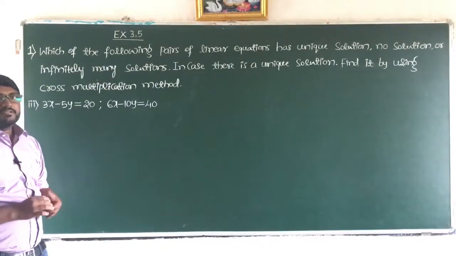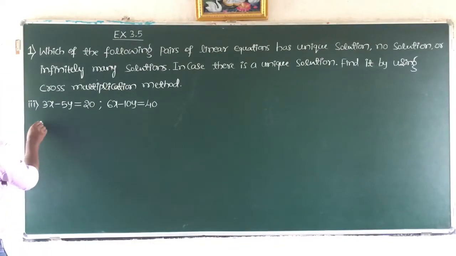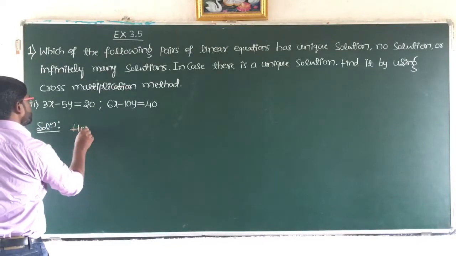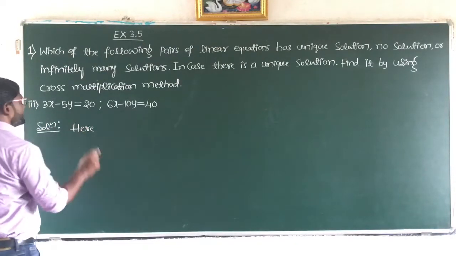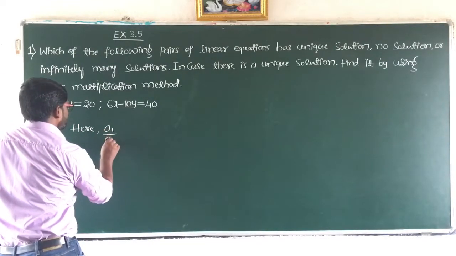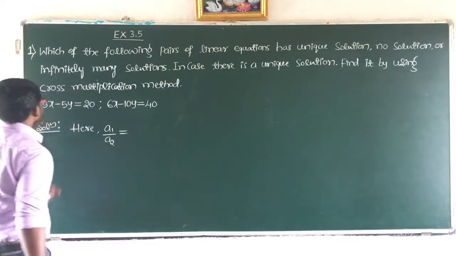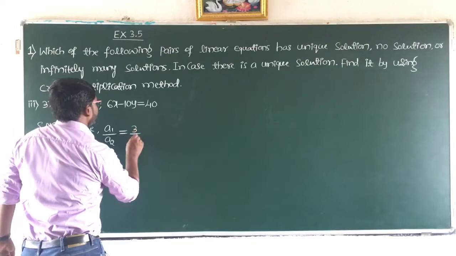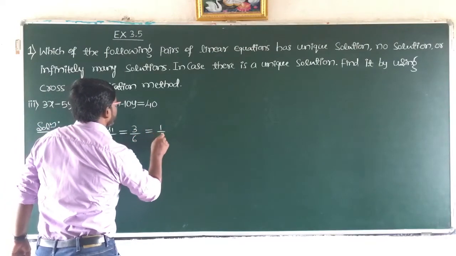Well, let us solve the third sub question. See here. So here, take up the ratios now. A1 by A2, which is equal to 3 by 6. 3 by 6 is equal to 1 by 2. Then